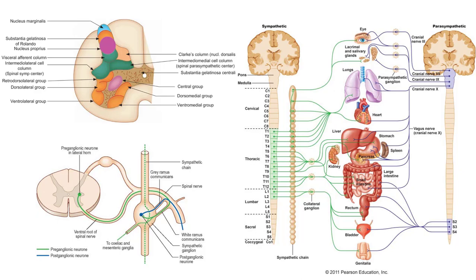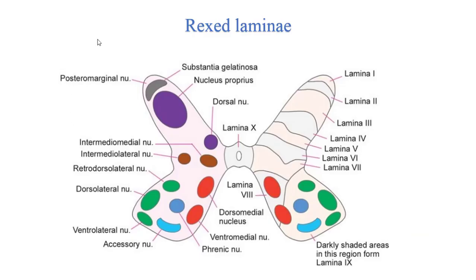Okay, so we are finished with learning all the nuclei. There is just one more thing I want to talk about, which is another way to divide the gray matter into areas called the Rexed laminae. They are named after Dr. Rexed,